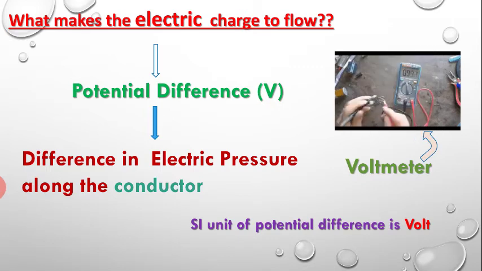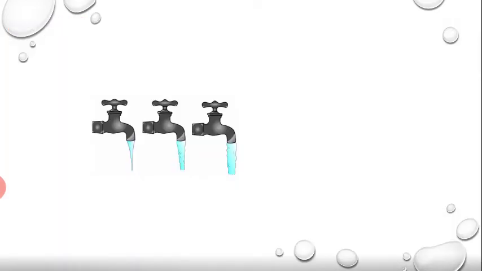now try to understand the potential difference a little more clearly, and to understand the relationship between the electric current and voltage के बारे में भी discuss करते हैं. Actually this single picture is showing that if the pressure is increased, the flow is also increased. Okay, so we can say the pressure is directly proportional to the flow.